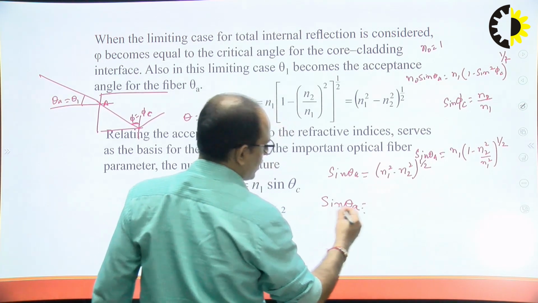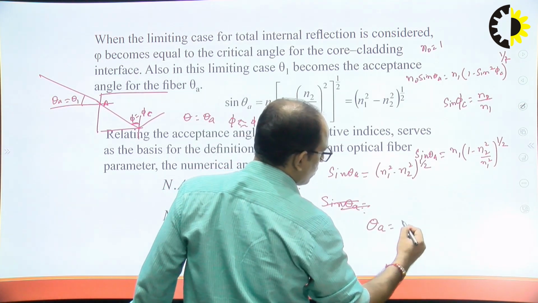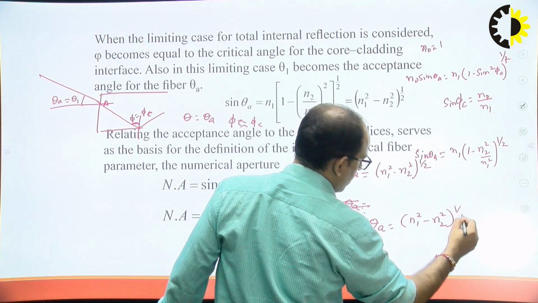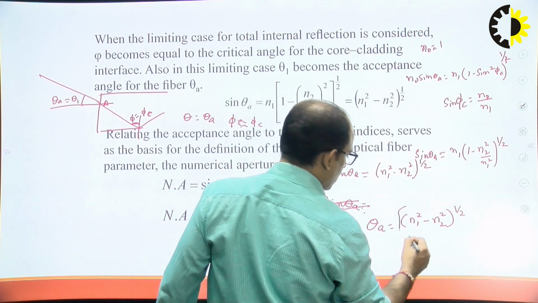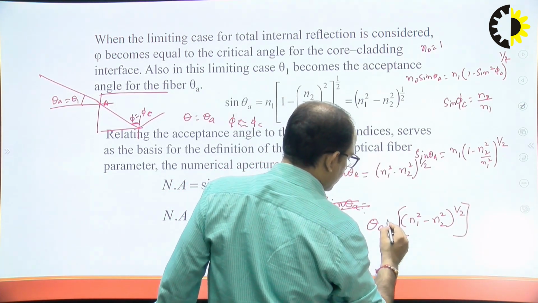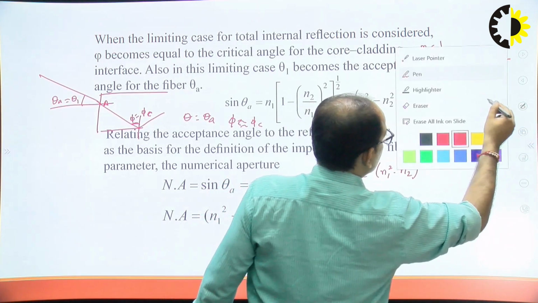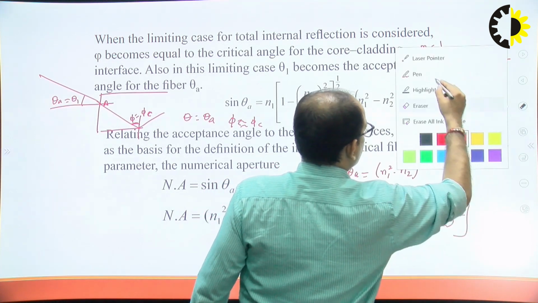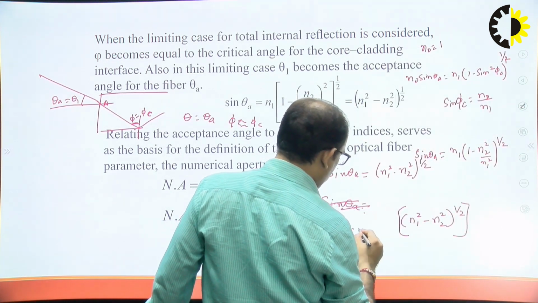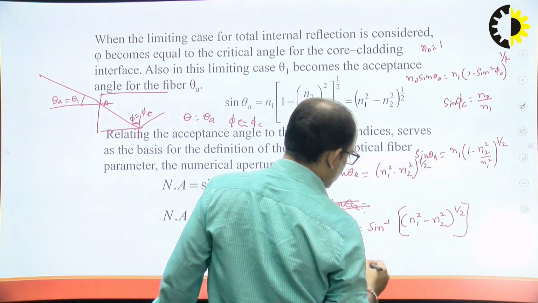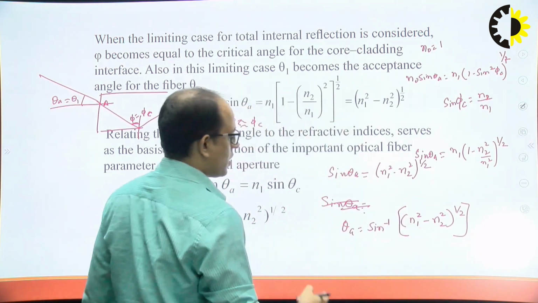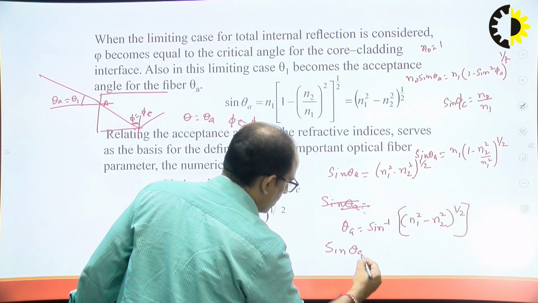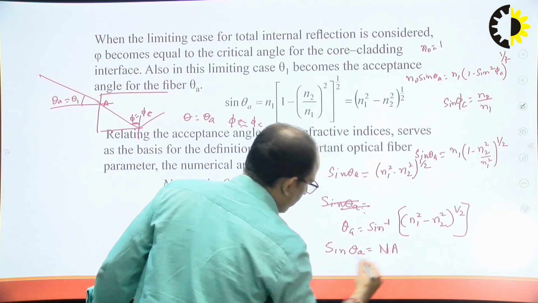So the acceptance angle theta a will be equal to sin inverse of this term. And you can also say sin theta a is equal to the numerical aperture of the optical fiber cable